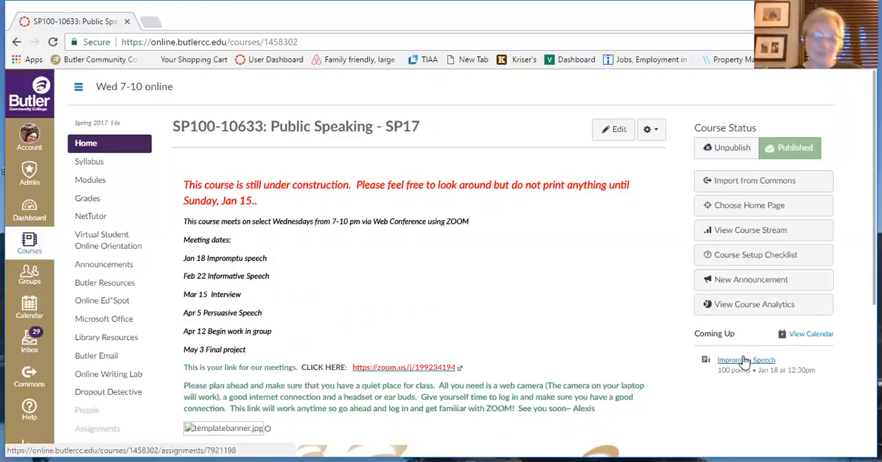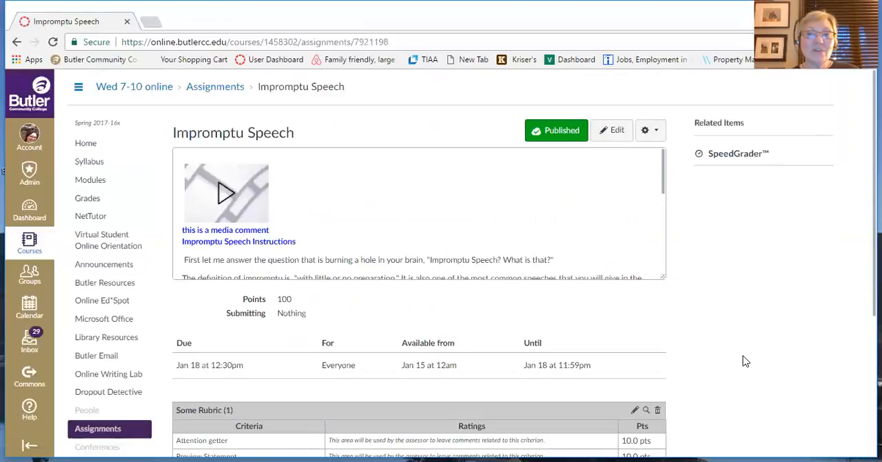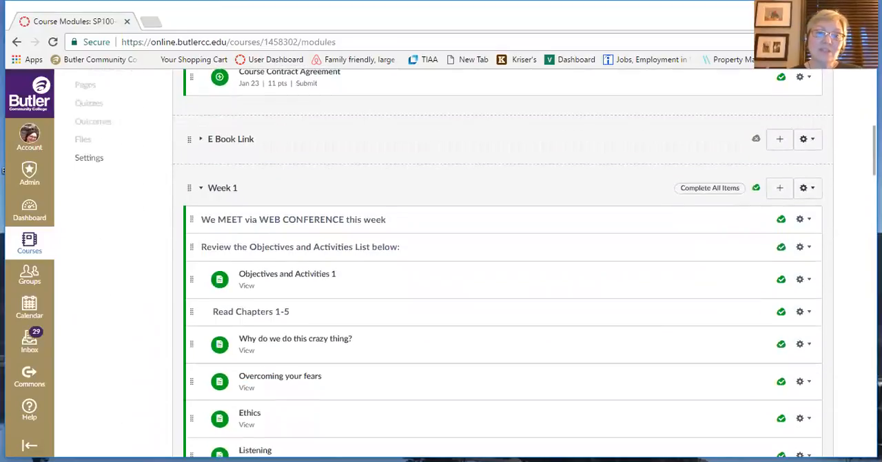If you go here immediately, say you click on this impromptu speech, you haven't read any of the follow-up or any of the preparatory work. You haven't seen the template that you're going to need for this. You haven't read the chapters. This is the wrong way to get through this class. If you do this, I promise you, you will be emailing me, texting me, calling me, writing me, and saying, I don't understand how to do this. And I will say, go back to the content, read your modules, because absolutely everything you need to succeed is